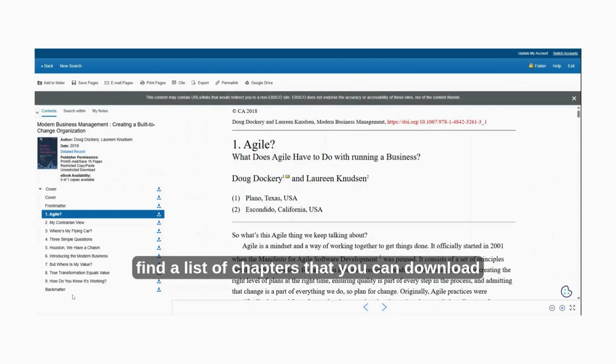Here you'll find a list of chapters that you can download, and you have a range of options at the top of the screen. It's saved to a folder. It also gives you information on how to cite